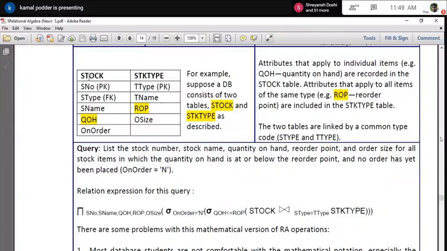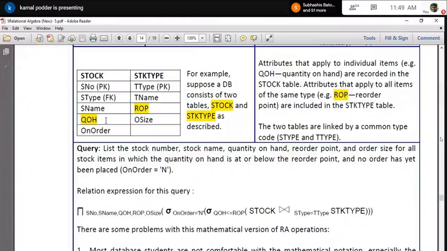So for doing that I need to maintain two relations. One relation where I maintain all the stock, that means item code. Here there is the stock type, a foreign key relation with the stock type. Stock name is basically the item name. Quantity on hand is how much quantity is already available, because it is always being given to production, so naturally it is reducing.